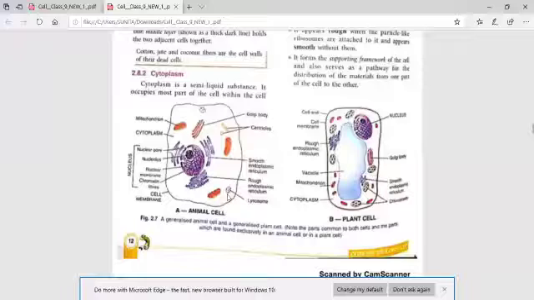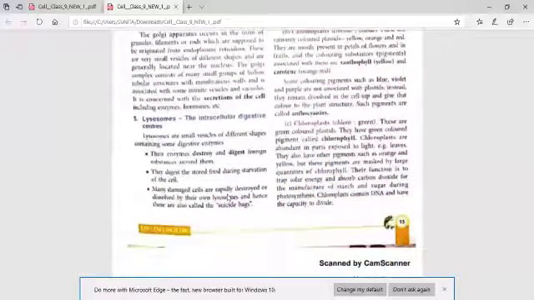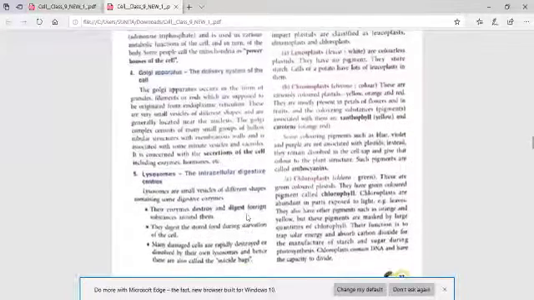Lysosome contains hydrolytic enzymes, or different kinds of enzymes. When the cell is starving, at that time lysosome helps in autolysis of the cell. That means it helps in the death of the cell organelles when it is required. That is why we call it the suicidal bag of the cell. Not only does it help in degradation or lysis of the cell and the organelles, but it also helps to digest and kill the pathogens which enter our body. So that is why it is called the suicidal bag of the cell.